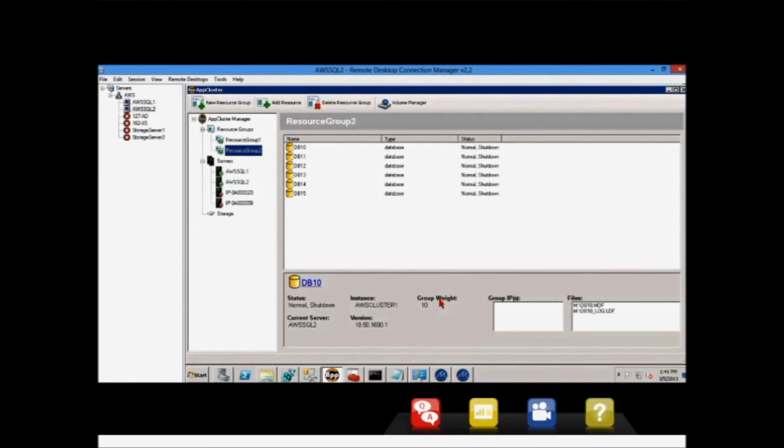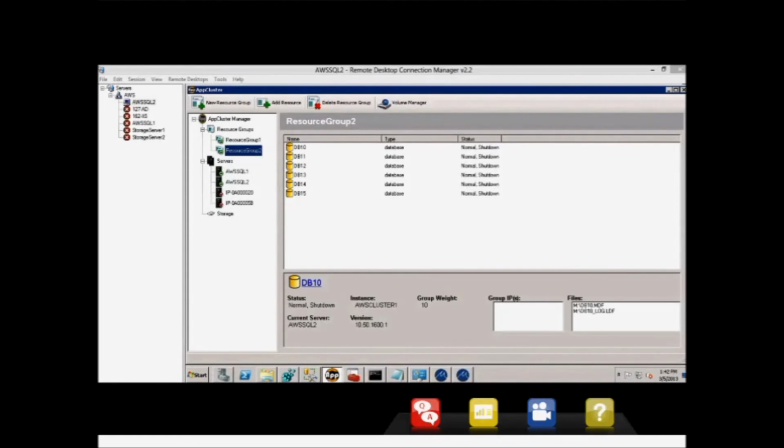And those weights come in during a failover event. So when a server fails, not only will we fail the resource group over to another node, we'll intelligently fail it over. We'll fail it over to another node that's under the least amount of weight, so that you're intelligently distributing this load across the servers within the cluster. Now I'm going to go ahead and just kill one of my virtual machines here, so we can introduce a